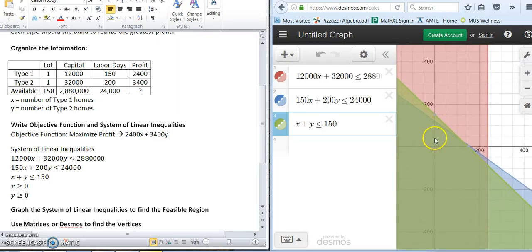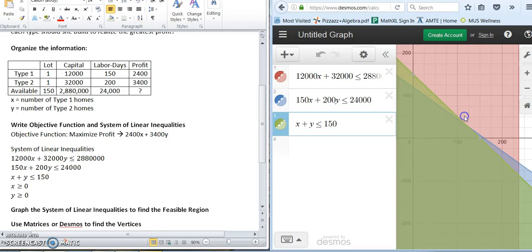So I get my feasible region on the technology here is where all three overlap. Sometimes it's a little hard to see pieces, so I'm going to zoom back in a little bit. Feasible region happens to have an origin here of (0, 0), a value of 150 on the right. There's a place where the lines intersect, and it looks like it's (120, 30).